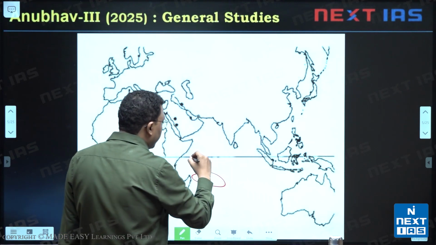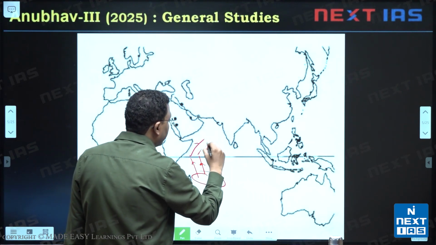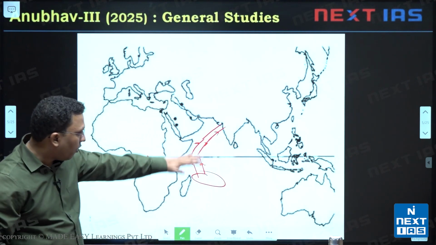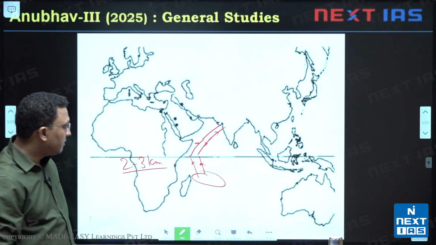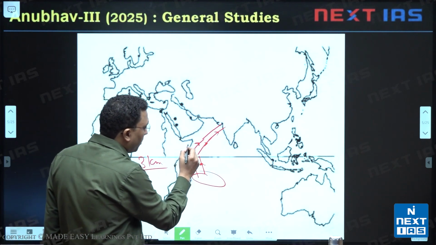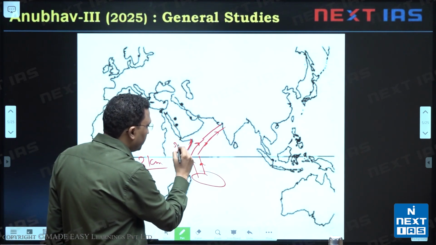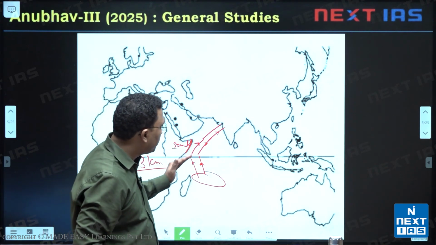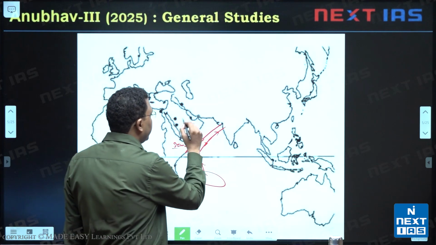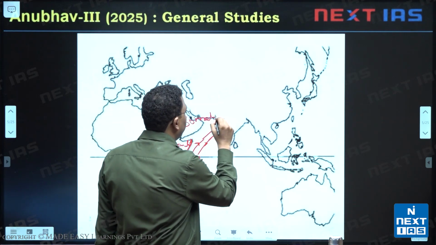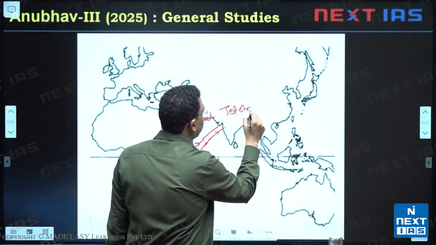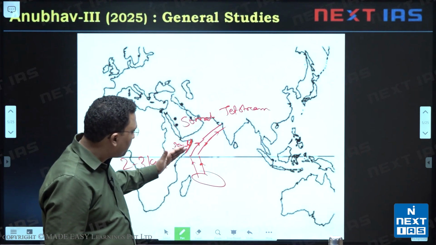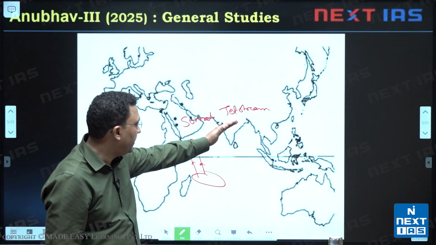After crossing the equator, it takes a bend like this, right? And it then moves towards the western coast, and all of this is happening in the upper atmosphere. So this appears to be coming from the Somali coast, Somalia, and that's why this is known as the Somali jet stream, right? So this jet stream moving from the Somali coast towards the western coast of India actually